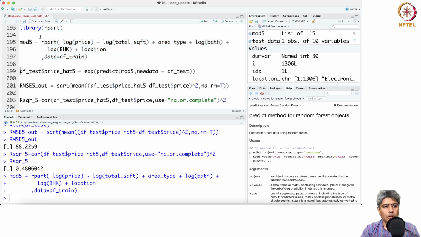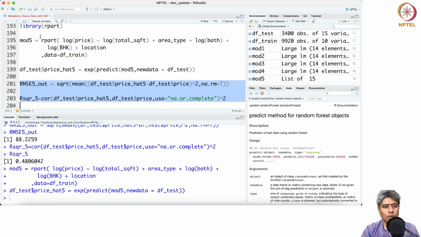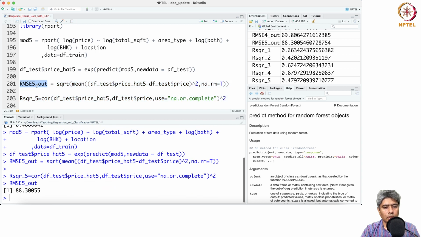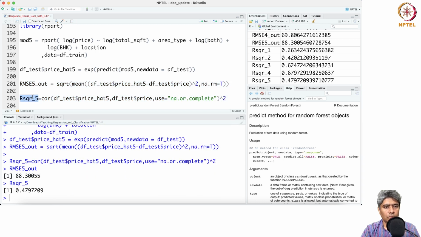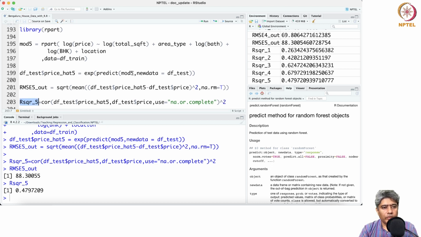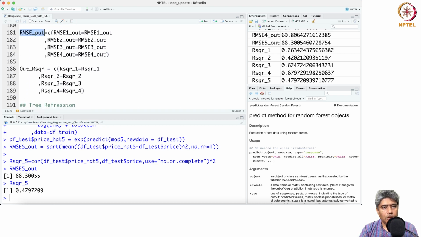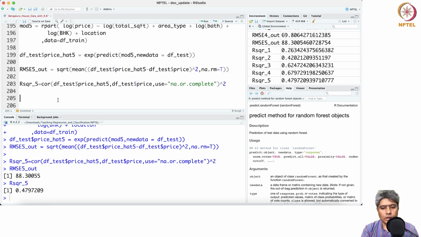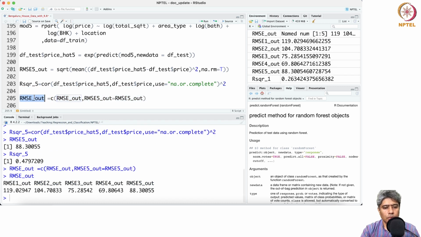The RMSE out is similar, not much. So whether you put the engineered features or not, the regression tree is doing slightly worse. So we can see that it is doing somewhere between the third model and the second model,